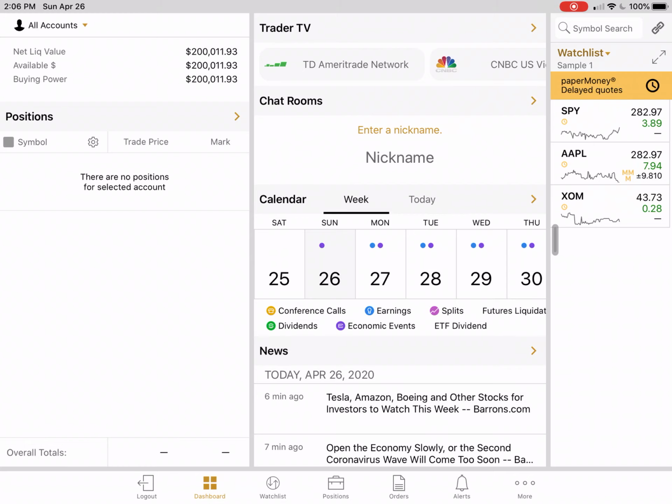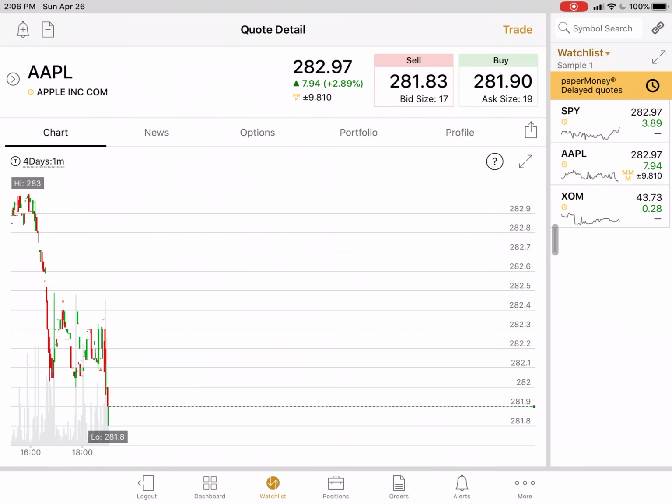This is a video about how to set up an Iron Condor using Thinkorswim. I'm going to be using a paper money account, so it's all for educational purposes. I'm going to use Apple just because I've been using it for a lecture. I'm going to tap on Apple